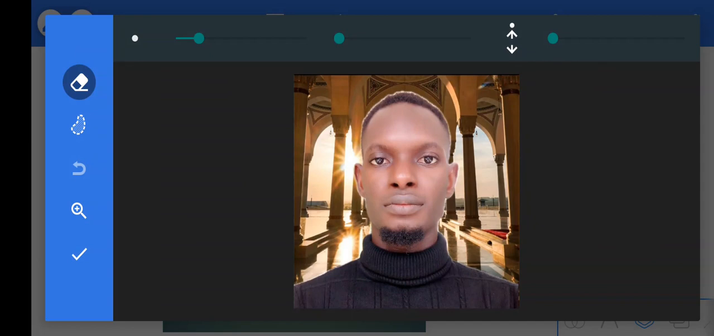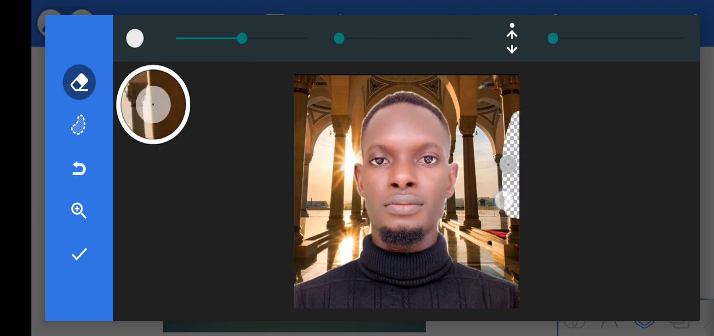From our eraser tool, this is our brush size. Okay, you can increase the brush size as you want. You can see how big it is and small it is, the brush size. So you can just use it to wipe your image. You can see from this left part that is showing a piece of your image because you needed to actually